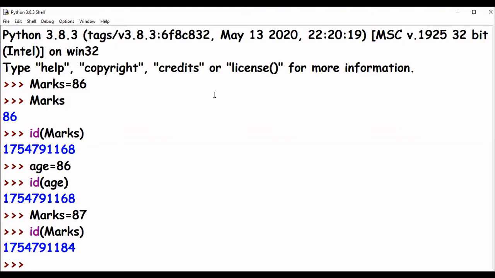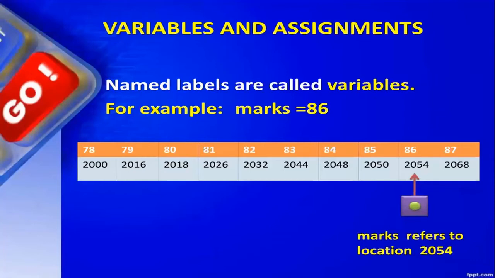Has it changed? That means, like I was showing you earlier, that every number is already saved in the memory. Okay, so now the identity of the variable object.